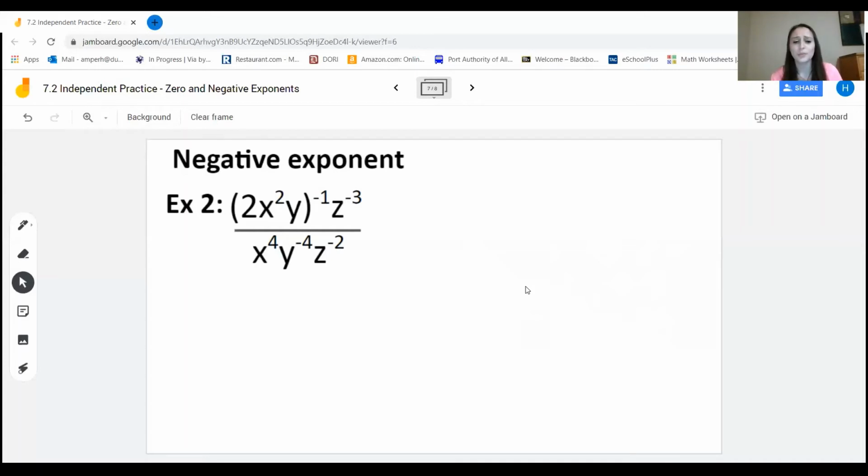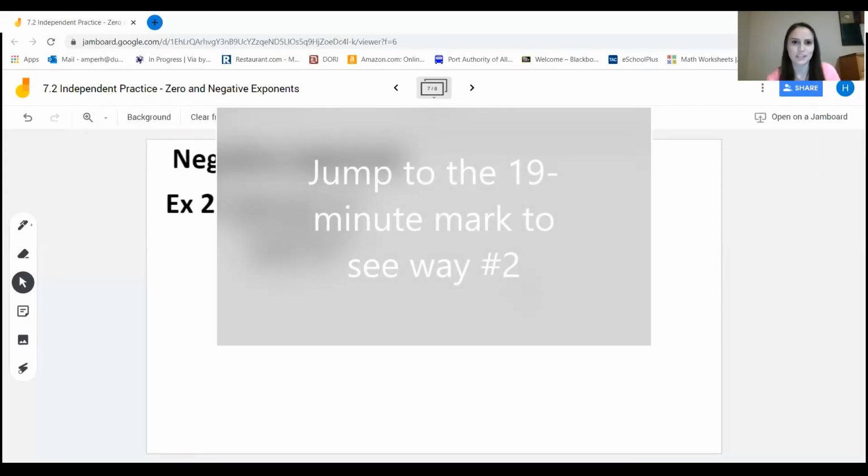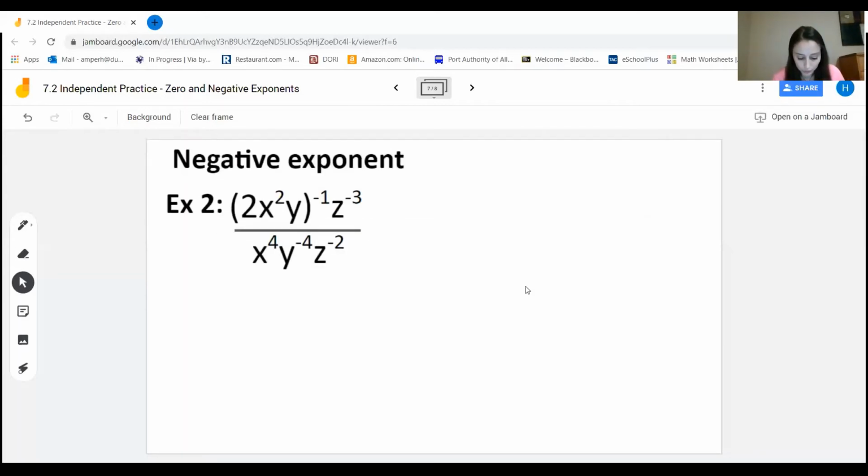If you don't want to do it the first way, you can skip a couple of minutes and go to the second way. You'll see it will be a blank screen again with reworking of the problem. Okay, so